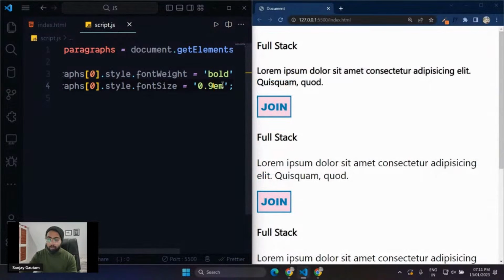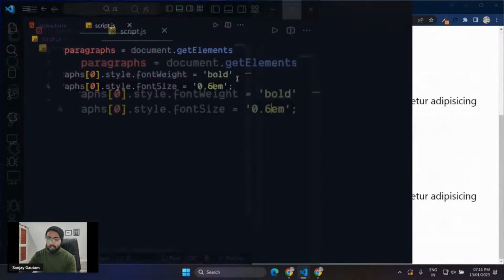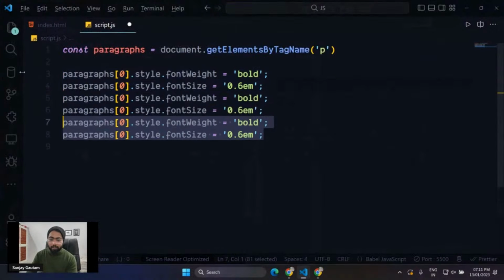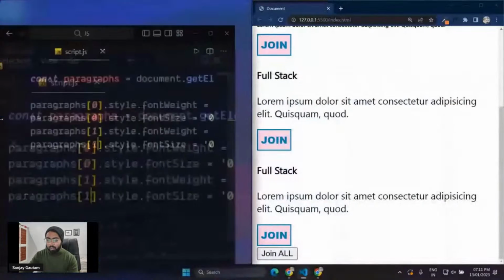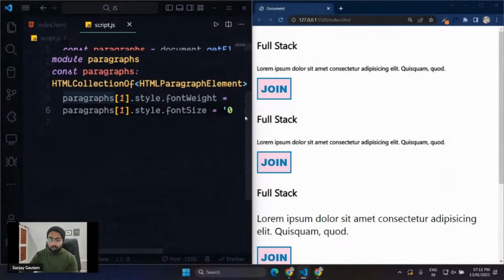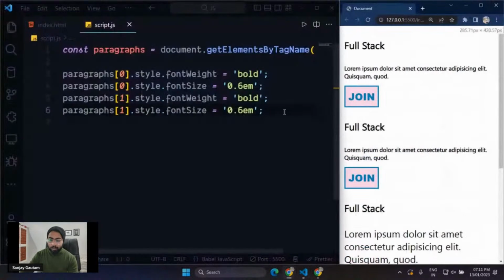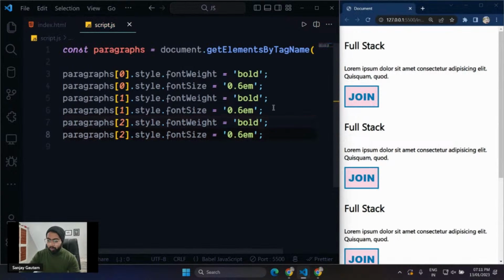If you want to do this with all the paragraphs, you have to repeat this again and again, and every time you just want to change the index number. Do this with paragraph 1 as well. And as you can see now, if I save, this is also modified. If I want to do this with another paragraph, I have to repeat this again. So like this, 2 and 2. So instead of doing all this, what I am actually going to do here,